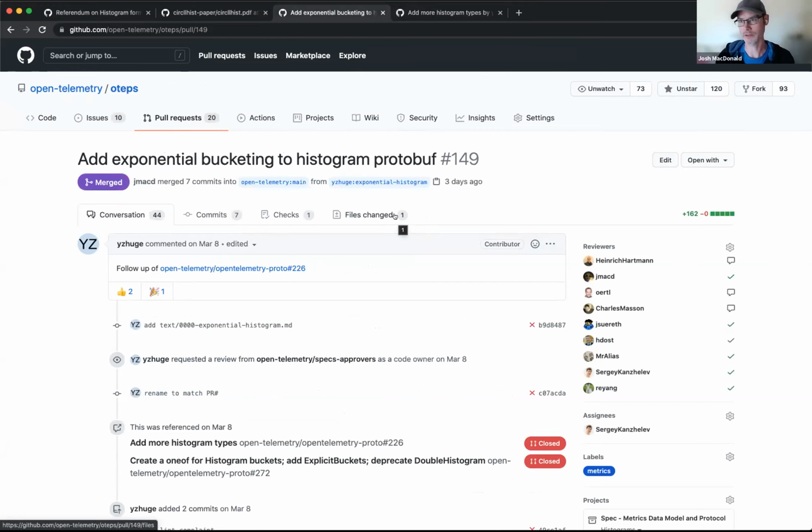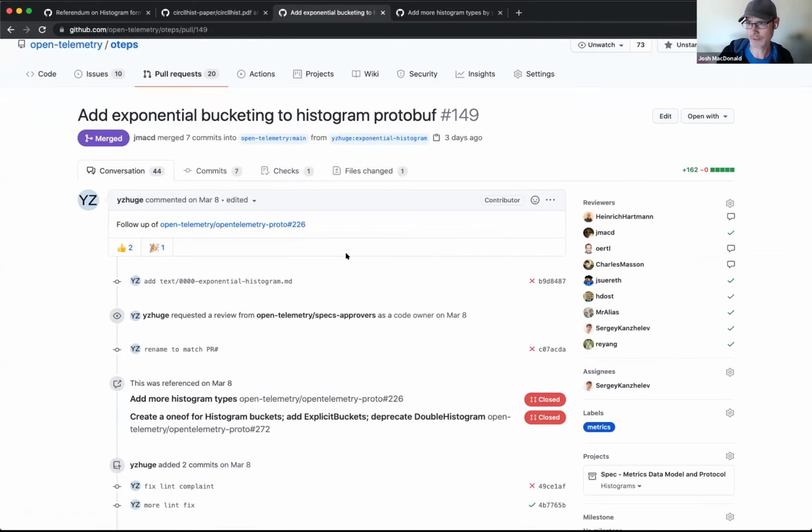If you read through this document and the debate that was there, this is primarily being contributed to by the industry here. So Datadog, Dynatrace, New Relic are the primary contributors to this OTEP. And there are some, I call them experts, people who are known in the world for publishing papers about histograms and telemetry industry people who have been added to this thread. At the end of the thread, there was a lot of consensus on this particular proposal.